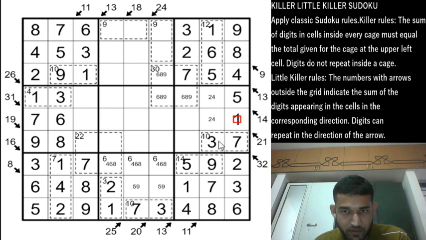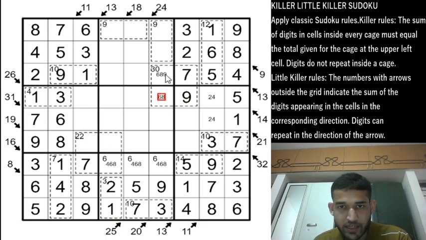Now if you remember, we deduced that these two cells should add up to 9, that is row 8 column 6 and row 5 column 9 should add up to 10 for the 25 clue to be satisfied. So this is a 9, this is a 5, and because of this 9 here, we can place the 9 in the 30 cage. So this will be 6 and 8, and this will be a 6 and 8, this will be 3, 6, 8, and this will be a 3, 6 and 8 along row 3 using classic rules.